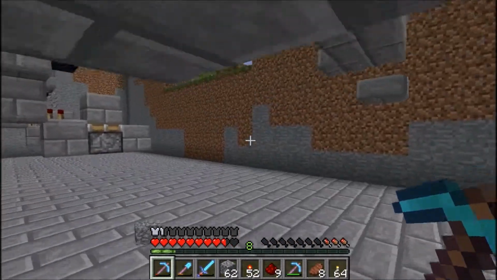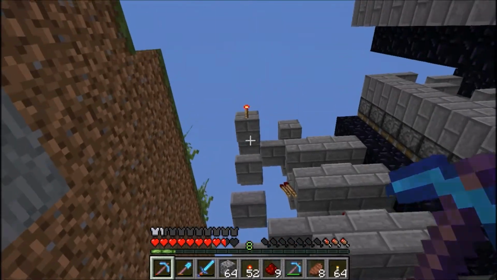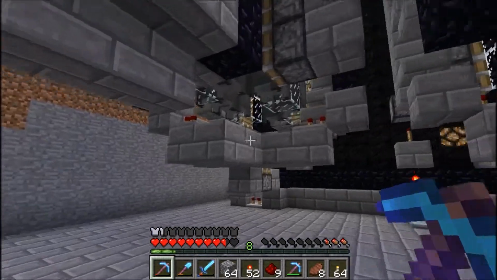If it's anything but 0, then one of these torches or these lines of redstone will be on. And if they are on, nothing is going to work, because that torch will be off because of that. So I'm going to...